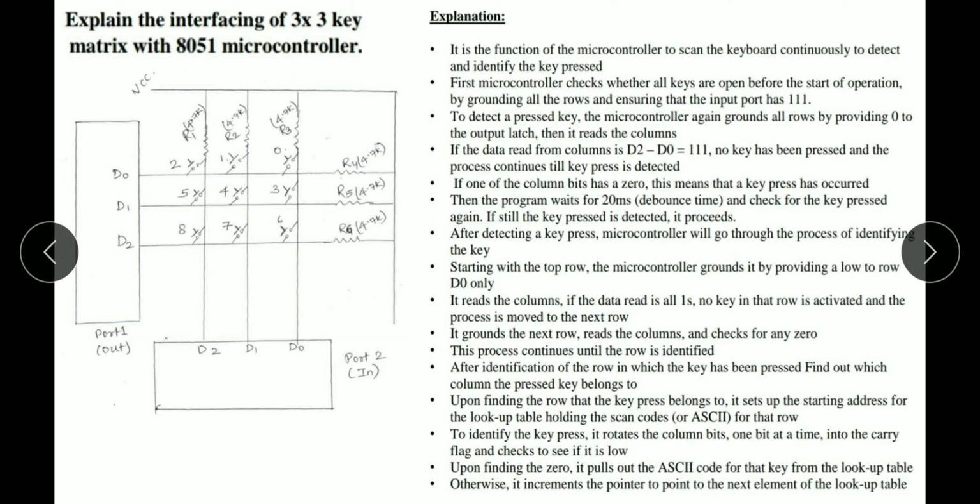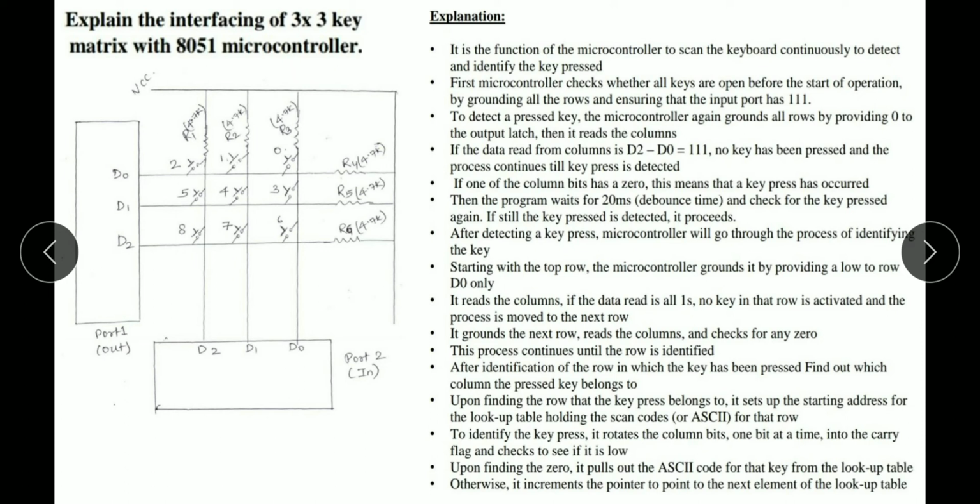It is the function of the microcontroller to scan the keyboard continuously to identify the key press. First, the microcontroller checks whether all keys are open before the start of the operation by grounding all the rows and ensuring that the input port has 111.